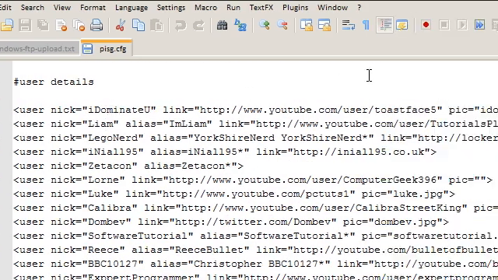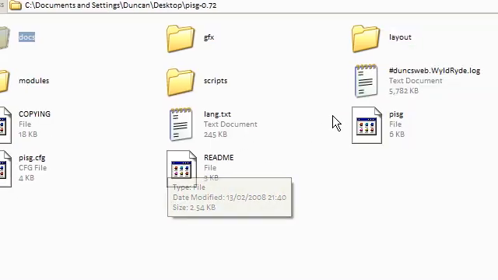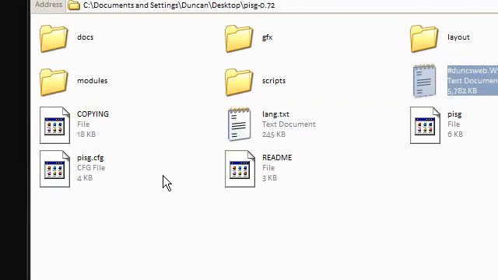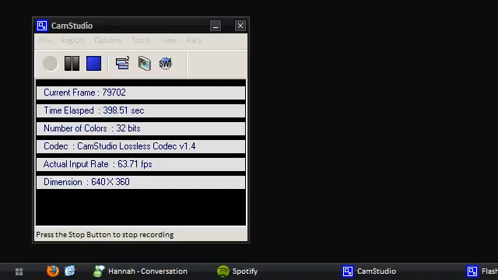So that's all done. Now what happens? I've configured it, I've got the log there, it's ready to go. Now what do I do? Now I'm just going to right click here, and no I'm not, I'm going to go to run and go to CMD, and I'm just going to go to my desktop,